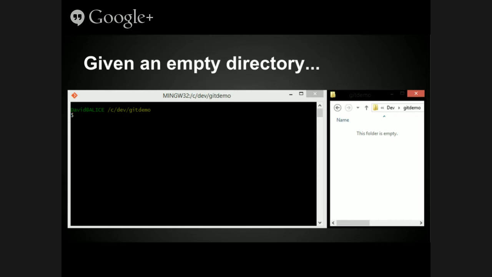So that's an empty directory. I was going to demo this live, but I figured screenshots were safer. That's an empty directory. There's nothing special about that. And that's a bash shell. So when you install Git on Windows, it'll install a whole load of stuff that gives you a bash command prompt in Windows. If you're on a Mac or on Linux, it's just there. Don't panic. You just got it. So all I've done is made an empty folder, and I've opened a command prompt.